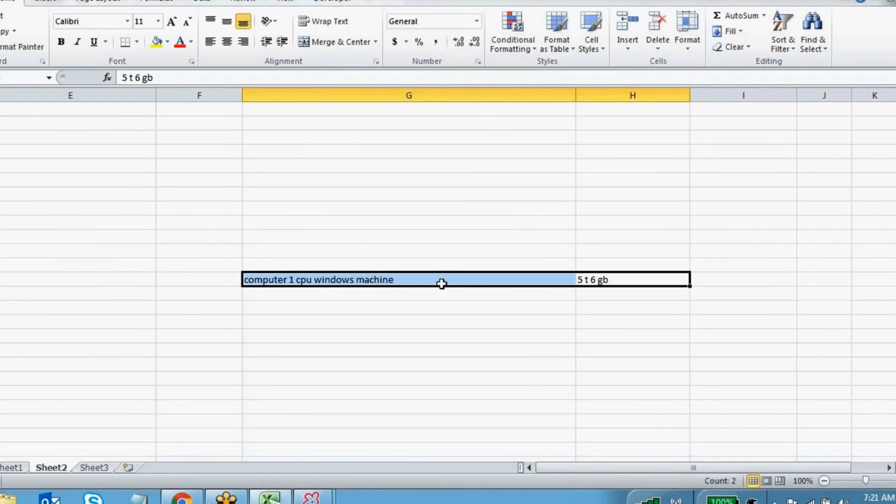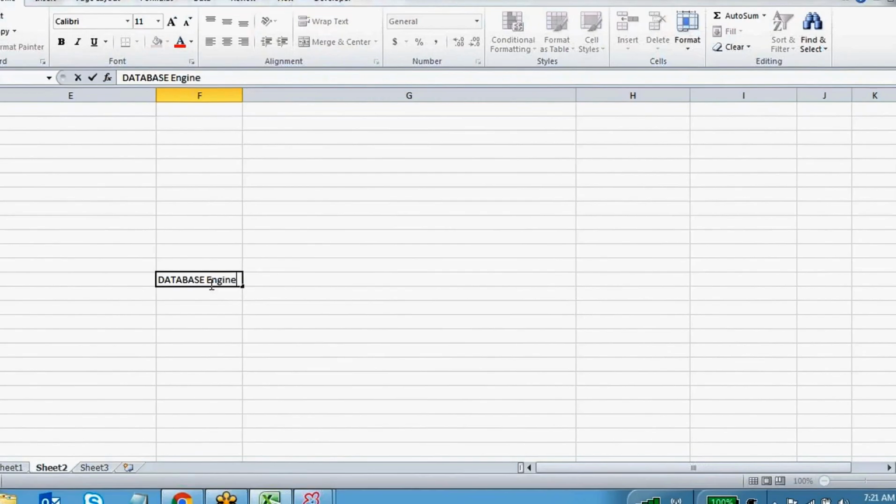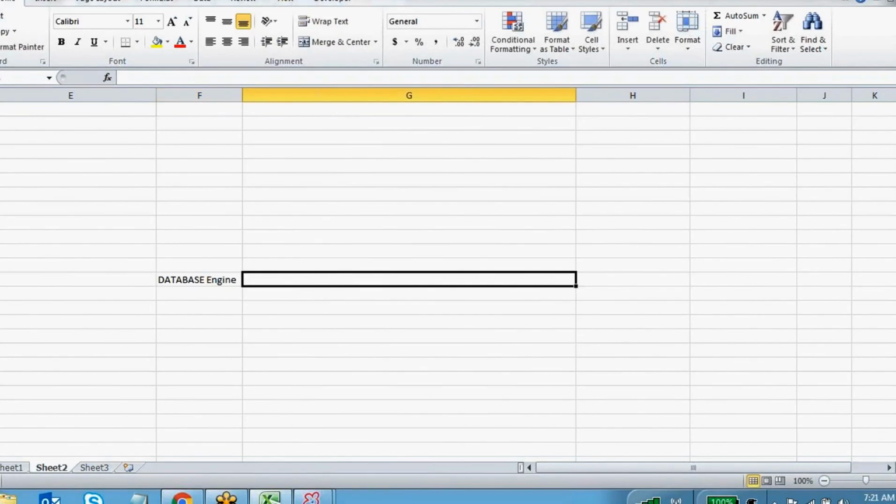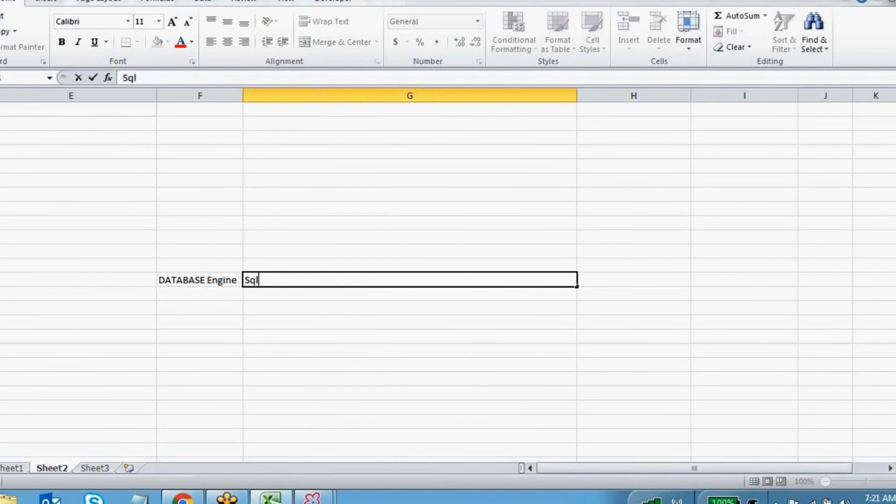Whatever software I have shared with you, in that you will get SQL Server and SSIS, SSRS and SSAS. In the back end for SQL Server, the database engine will work. It will take care of all your requests.